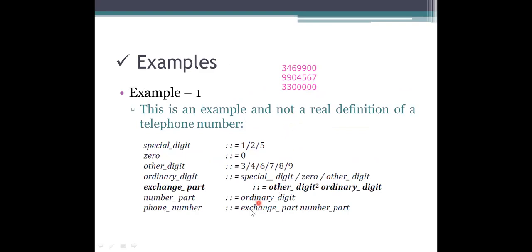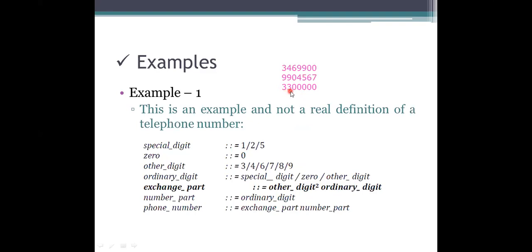So first one, the phone number, consists of the exchange part followed by the number part. What is an exchange part? The exchange part consists of the other digits, which are considered twice here. Twice has to be specified there, so the twice part has to be taken into count. In the first representation, see here, the first 2 numbers are from 3, 4, 6, 7, 8, 9 or not. They didn't mention it should start with 3 or with 4 like that. What they said is that the other digit must consist of this representation.